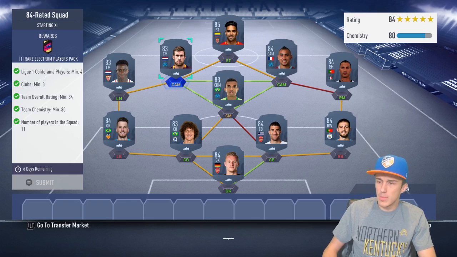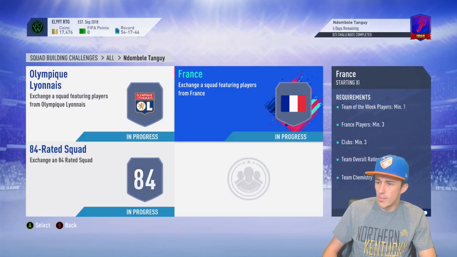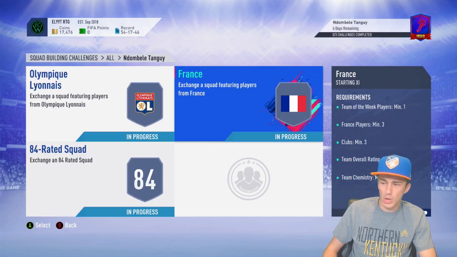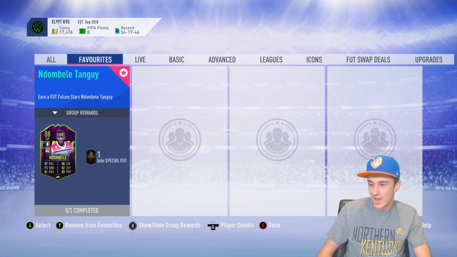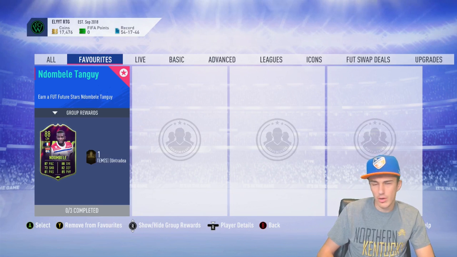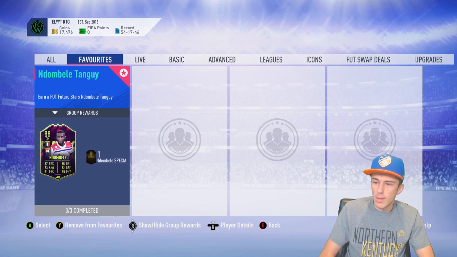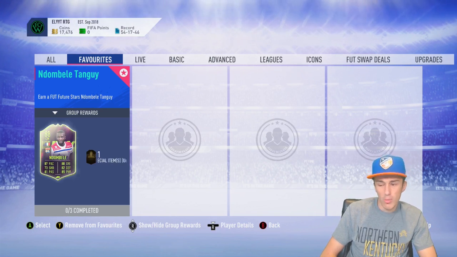So that is the cheapest solution for Ndombele. Now, I'm not sure if it's Ndombele or Dombele. I'm not sure if the N is silent. But that's the cheapest solution for that squad building challenge. And let me know if you guys are thinking that's worth it for just under 300k, and then obviously like 30 to 40k back. So like 250 to 260k is what you're going to be spending on average for this squad building challenge. Do you think that's worth it for a card that's almost part of the whole club,